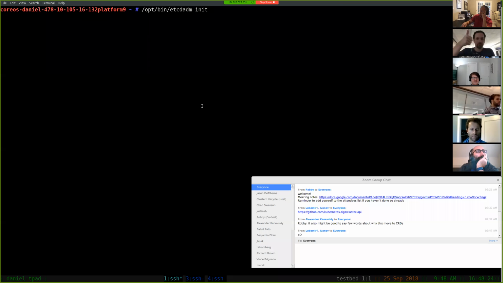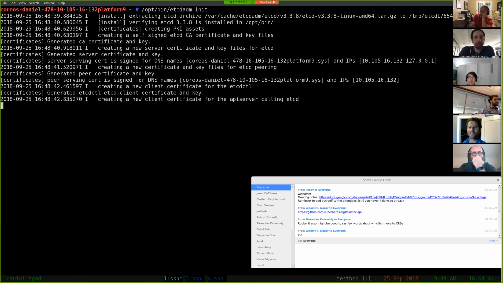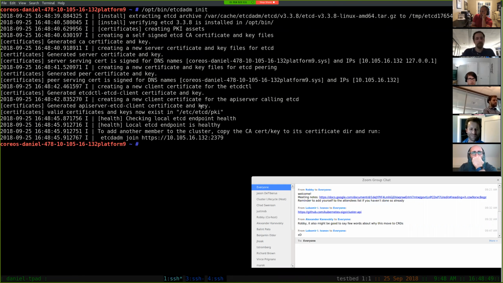So I've just got three Core OS machines open, and I've got etcd-adm binaries on each of them. I'm going to run etcd-adm init on the first one. This is a workflow that's completely taken from kubeadm, so big tip of the hat there.